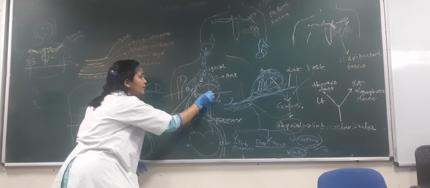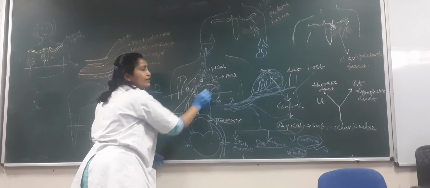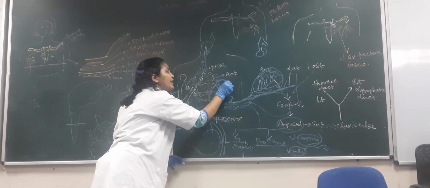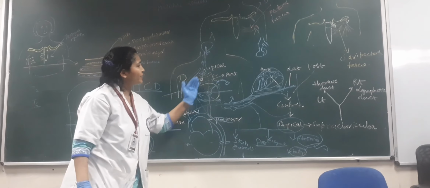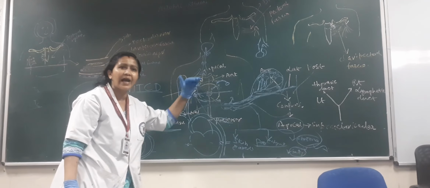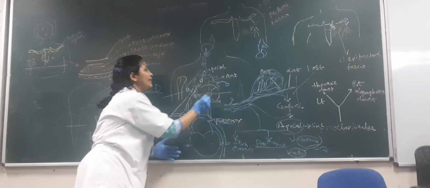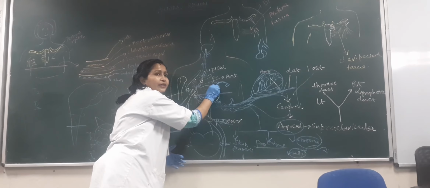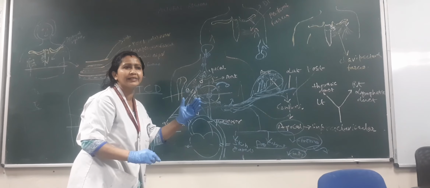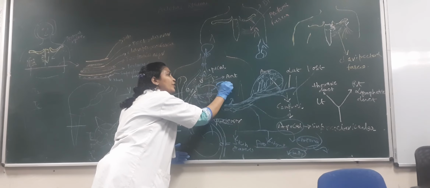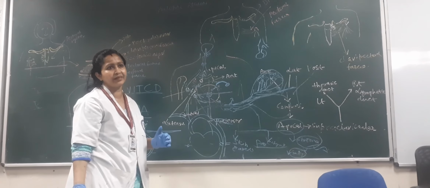Now, this internal thoracic, it is interconnected via the lymphatic to the contralateral side of internal thoracic lymph node. Behind the sternum, the lymphatics is passing in between the two lymph nodes. The channel is known as lymphatics, and from the lymphatics, it is going to the contralateral side.